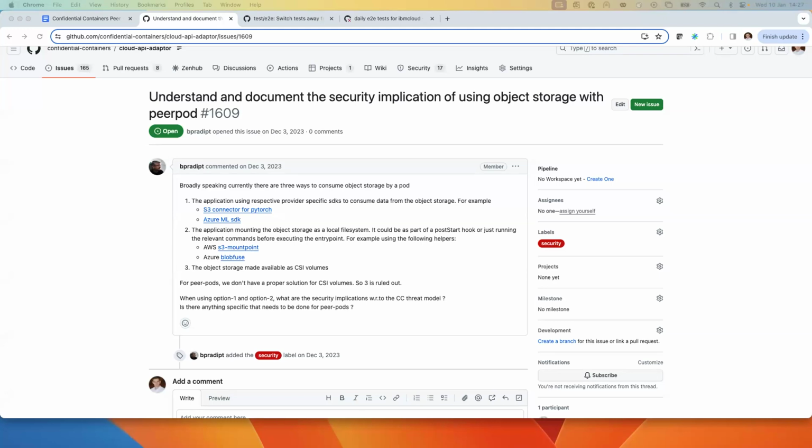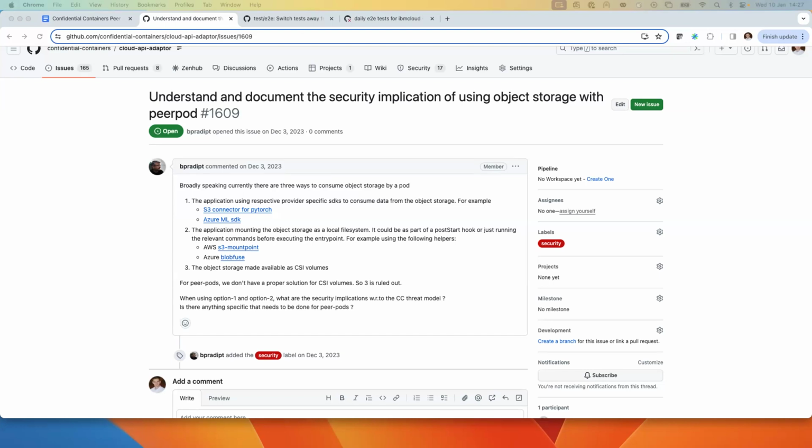So if we're able to get away with an option that is feasible for customers to deal with in their own domain, I think that would be preferred. There are probably other serverless container environments that have the same issue, like Fargate, for example.